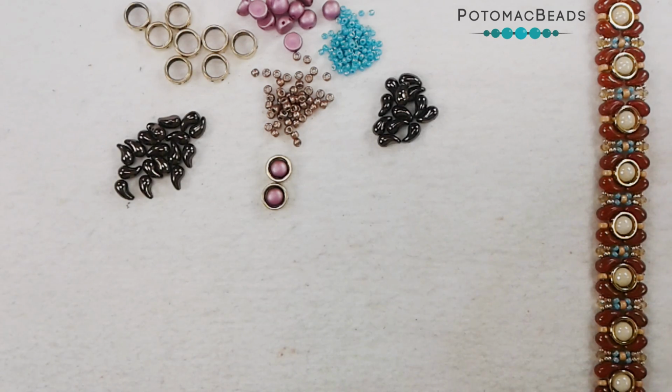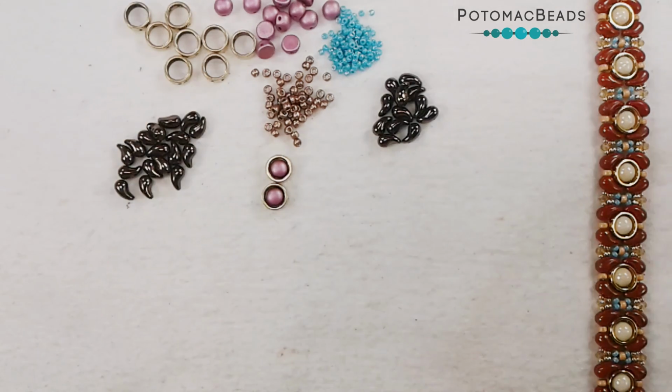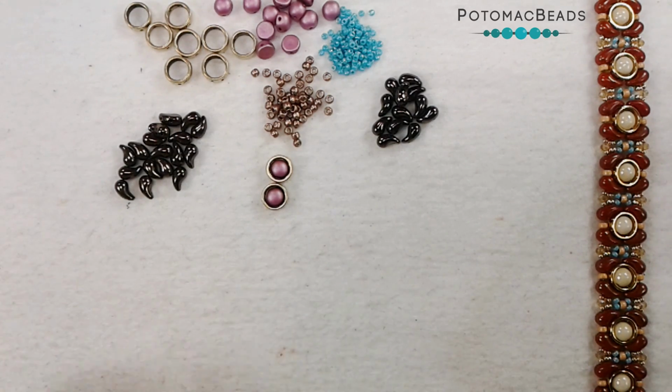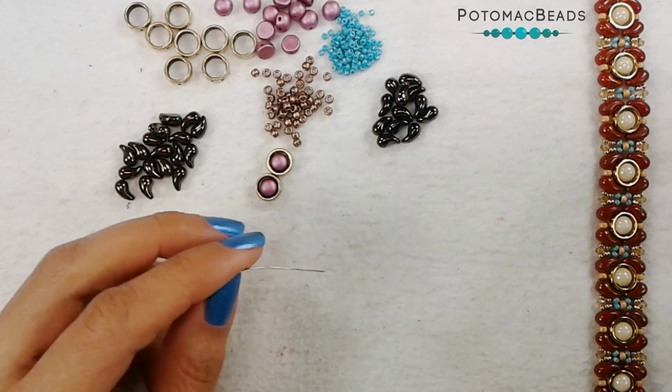Okay, so I have little piles of my ZoliDuos, both right and left. My cabs, and again they're 6mm cabs. My 2-hole halos, 8-ohs, and 11-ohs. And I'm not going to start with a clasp. I'm going to go ahead and start with, well,